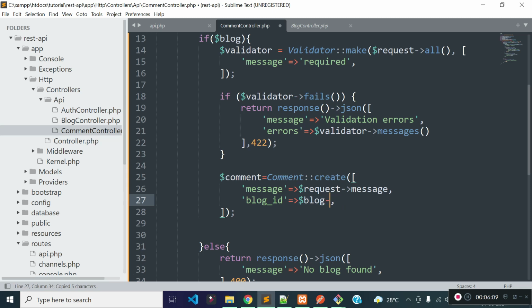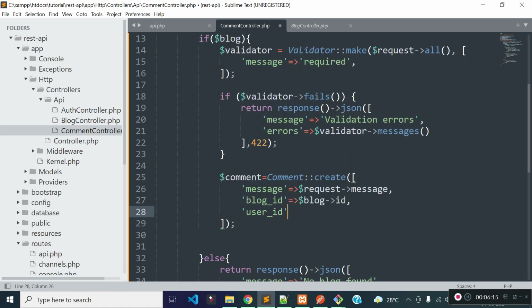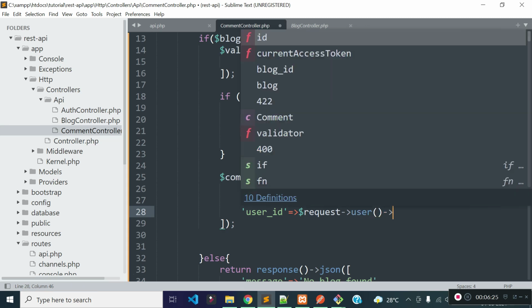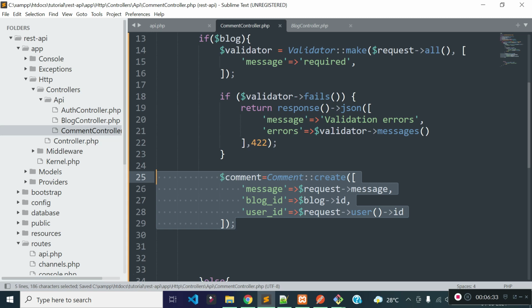We also need to store the user ID of whoever is adding the comment, and we can get it from the request user method, because this returns the currently authenticated user's data if a user provides API tokens through the authorization header. That's it. So this will store the comment data to our comments table.